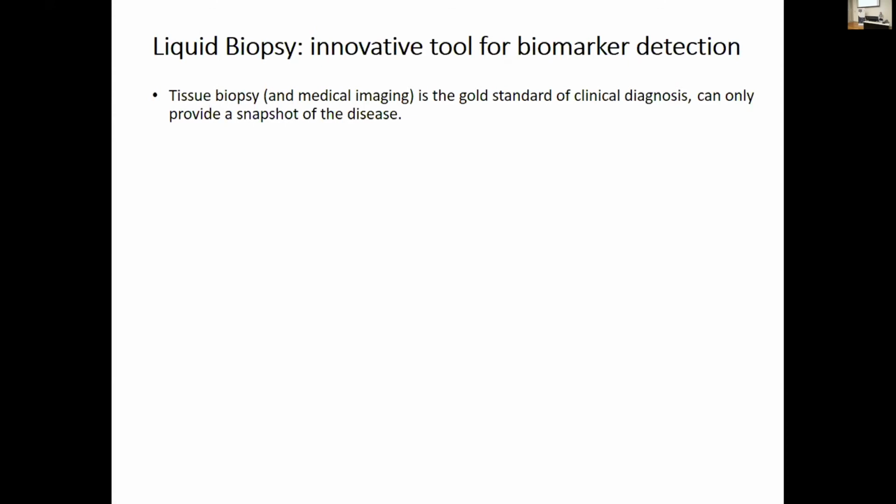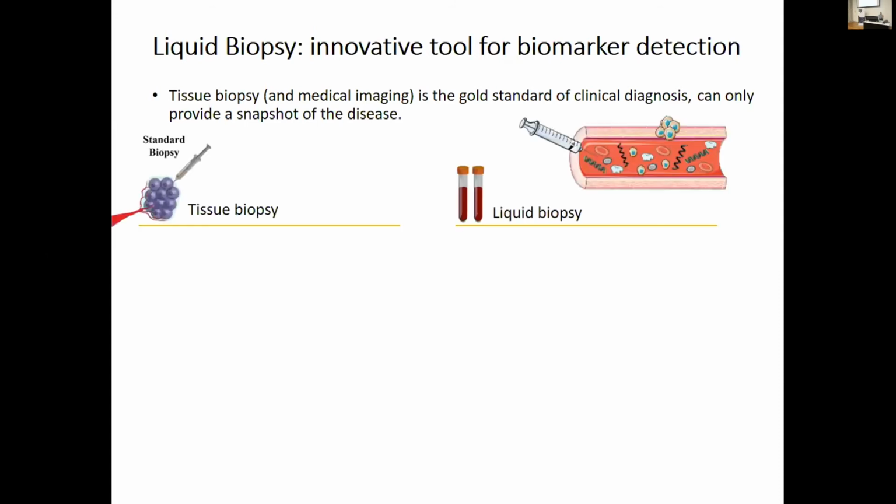And imagine for some cancer types, let's say glioblastoma, we need either to cut the scalp or drill through the scalp to get some piece of tumor within the brain. That's not something repeatable. And at the same time, even once we get it, we can't capture heterogeneity because we just got one specific site of that tumor. Well, everyone knows that a tumor is quite heterogeneous. So the future of precision medicine is moving from tissue biopsy to liquid biopsy,